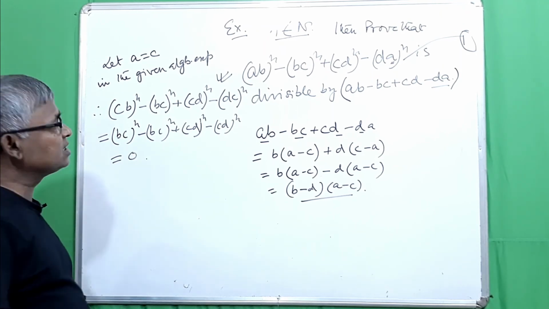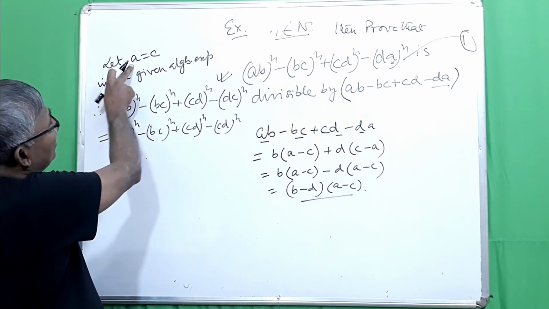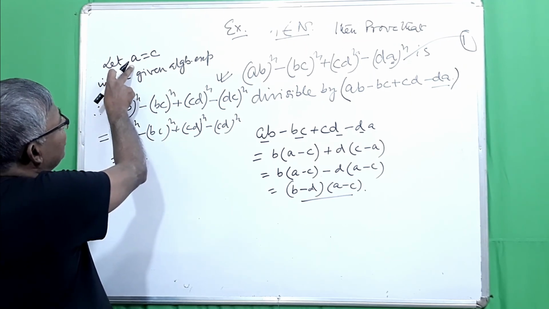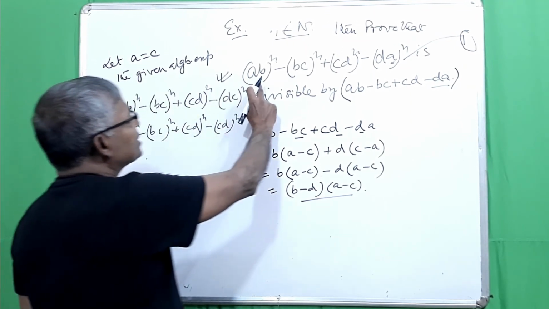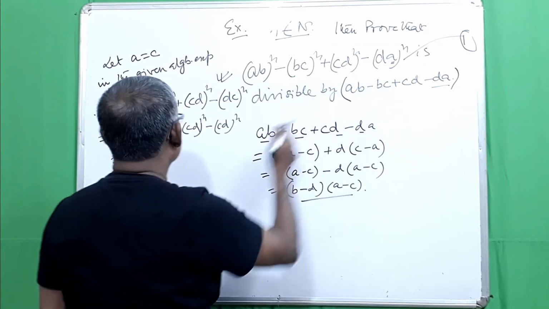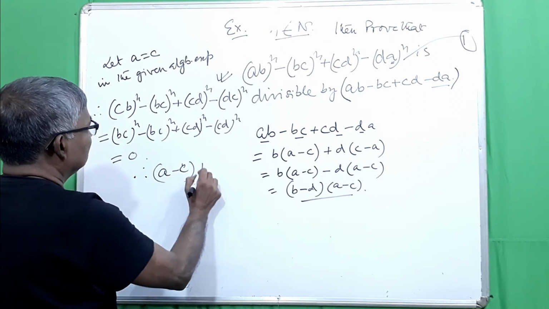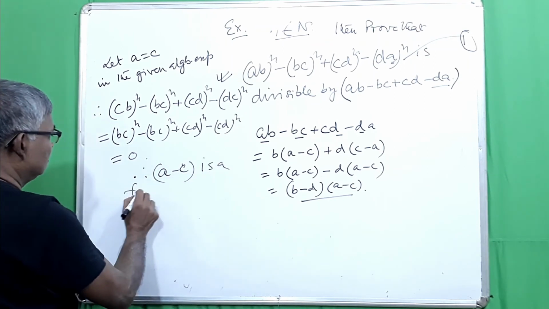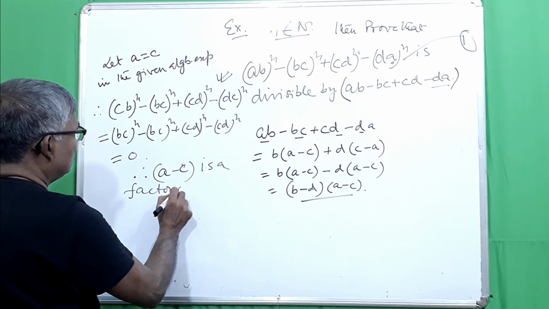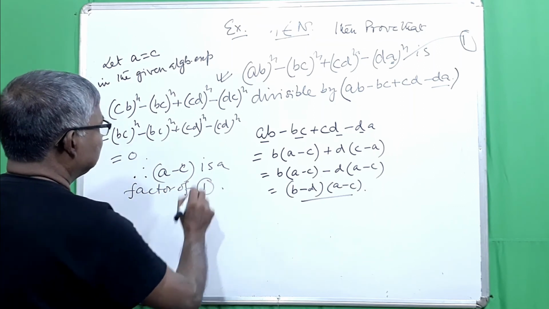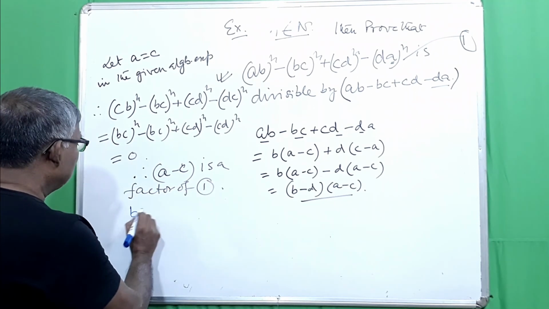Students, whenever we are taking a equal to c, the algebraic expression becomes 0. Therefore, a minus c is a factor of 1. Similarly, if we put b equal to d,